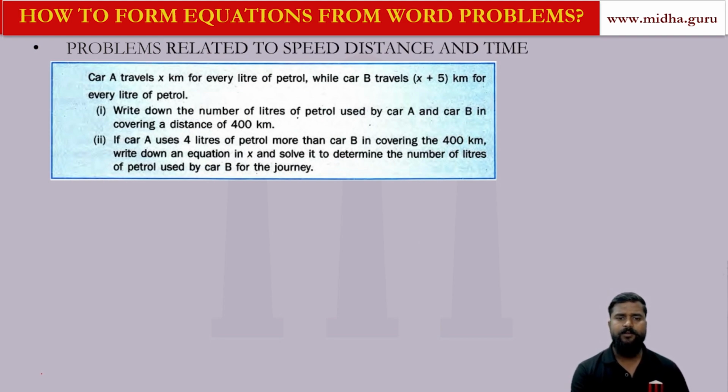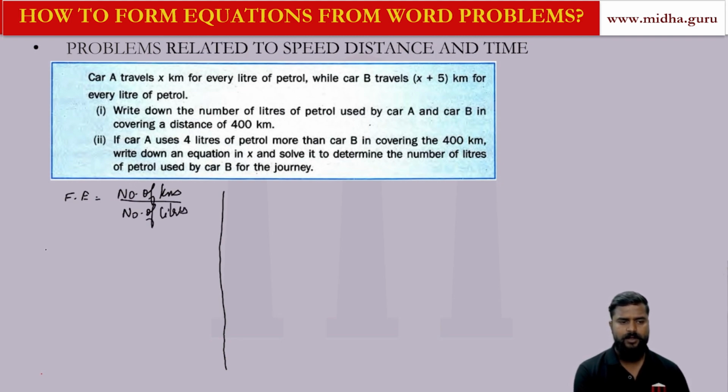So now it says write down the number of liters of petrol used by car A and car B in covering a distance of 400 kilometers. We know that fuel economy can be given by number of kilometers run divided by the number of liters of fuel used. So the fuel economy of A, that is